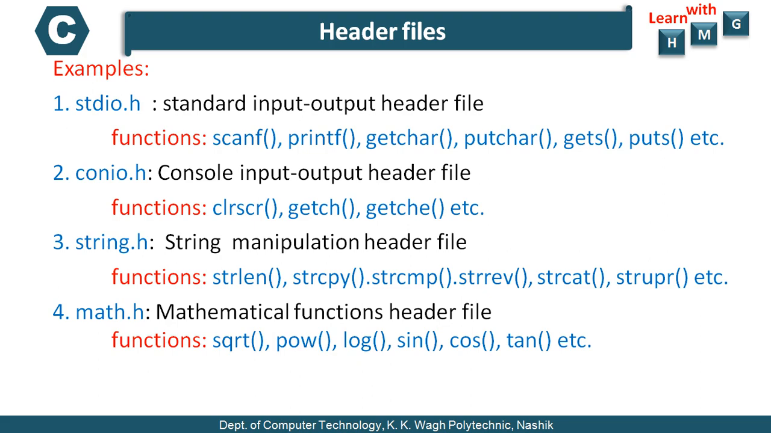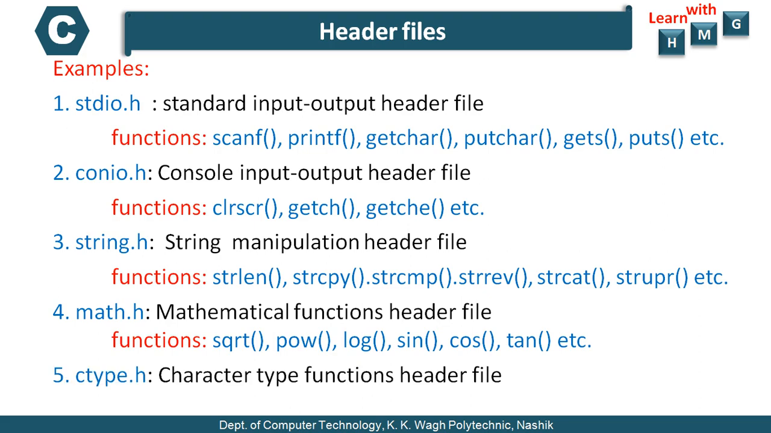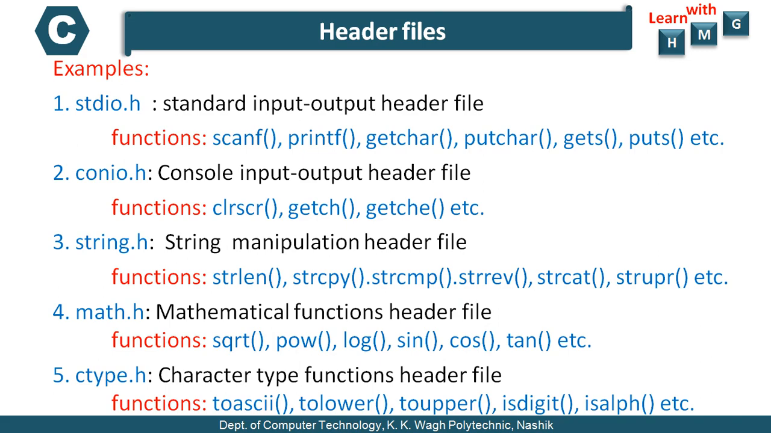One more header file is ctype.h. Here, C stands for character type functions. Whenever you want to perform an operation on a single character, such library functions are available, such as toascii, tolower, toupper, todigit, isalpha, etc. So all these are